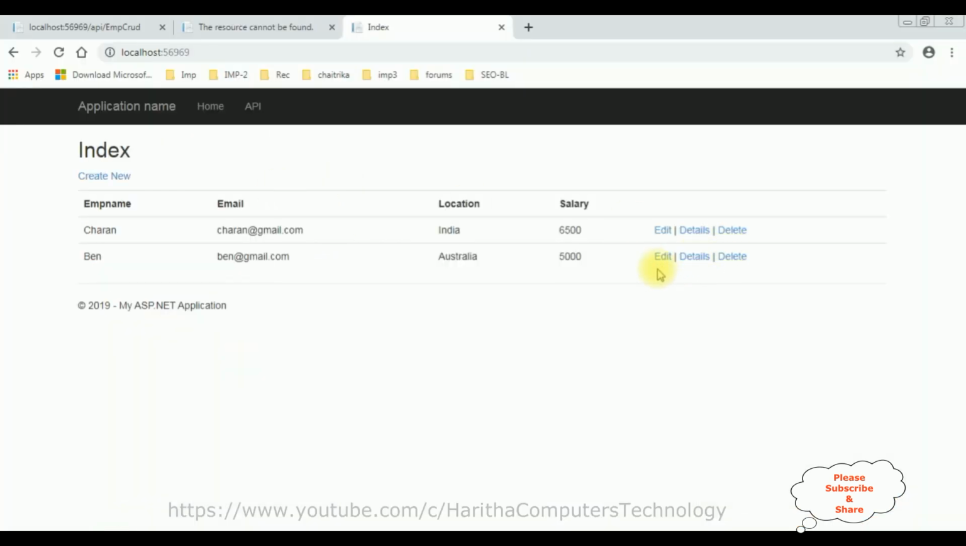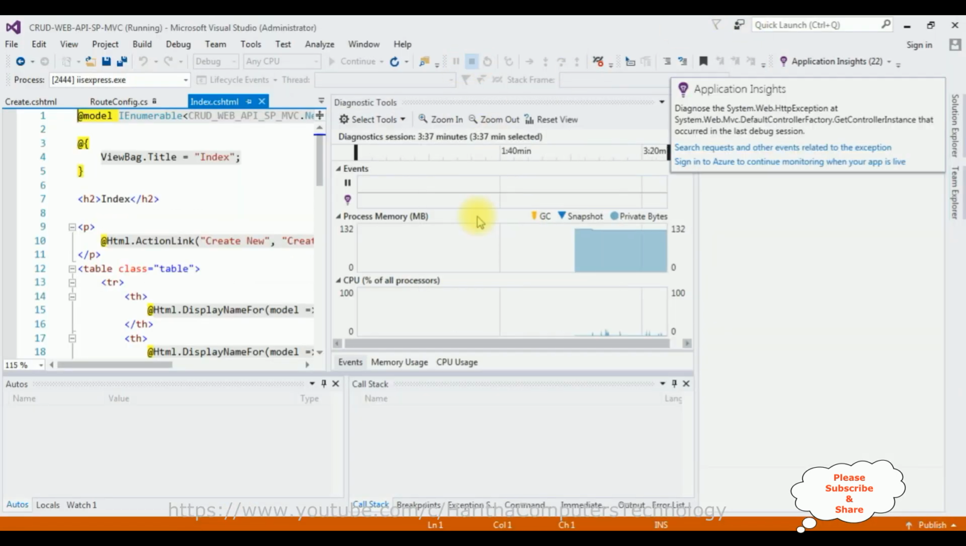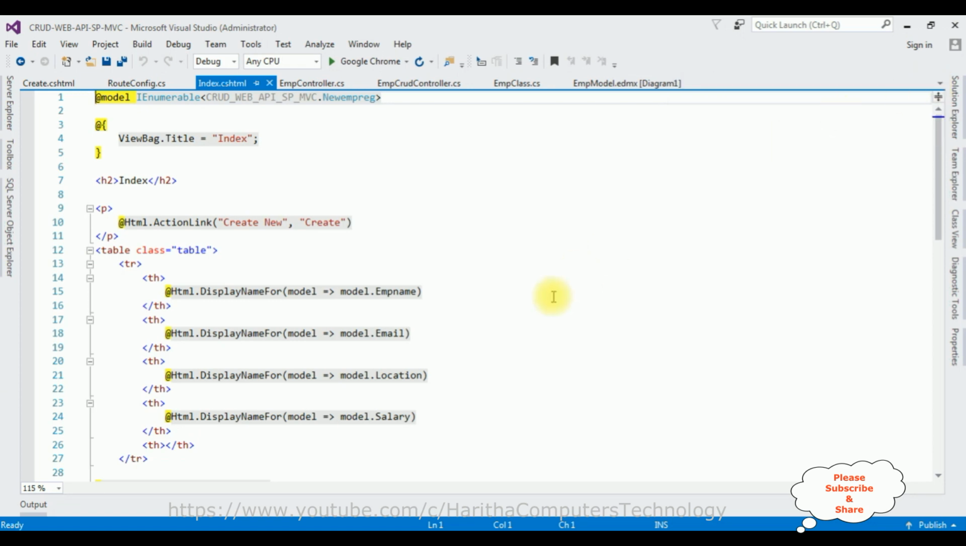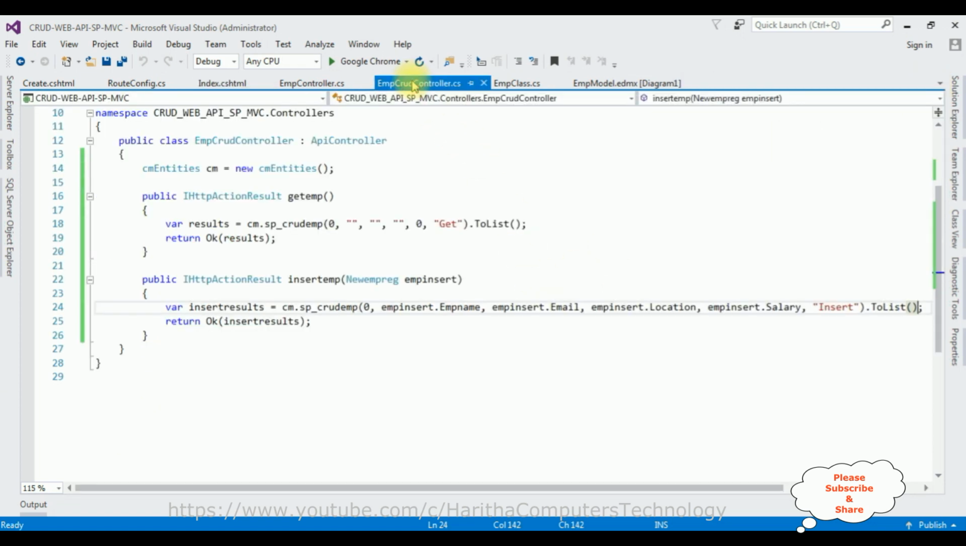Now we require the edit, details and delete. Now let's add the details functionality first. Stop debugging. Switch to the Web API controller. Let's add a new action result. Public HTTP action result, Get emp ID. To get a particular employee record, we require the emp ID. So I am adding the int ID,